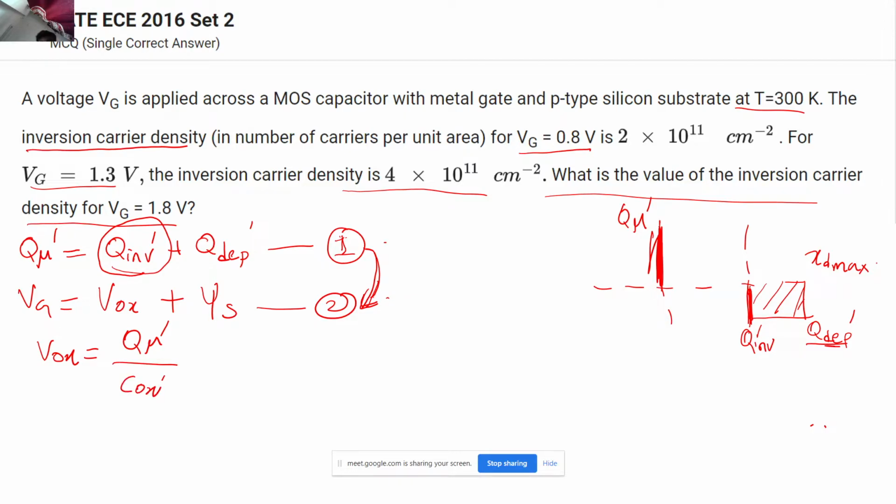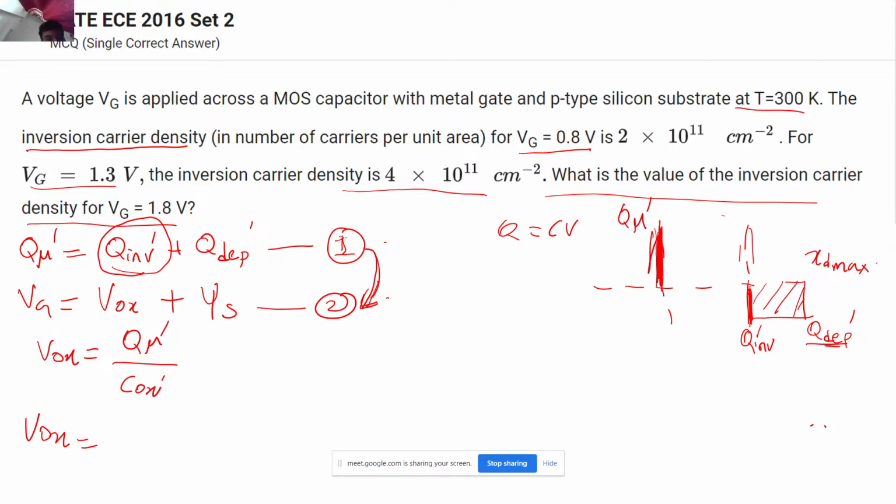See, this is the oxide that you have, and on both the sides you have the charges, right? So this charge is Qm dash. You know Q is equal to CV, correct? V is nothing but the voltage that will be dropped across the oxide. C is nothing but the capacitance that you will get because of the dielectric that is present, and Q is nothing but the charge that is present on the plates of the capacitor, right? So now the moment I use this, what I get, Vox is nothing but the Qm dash,